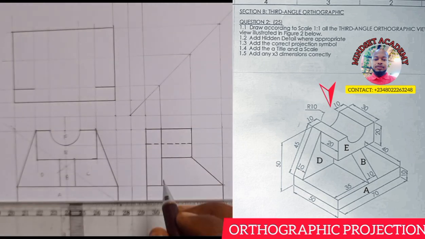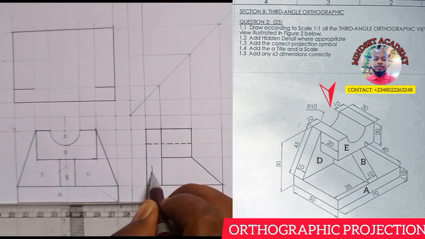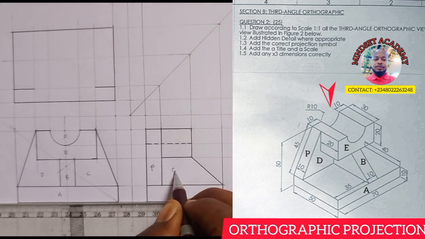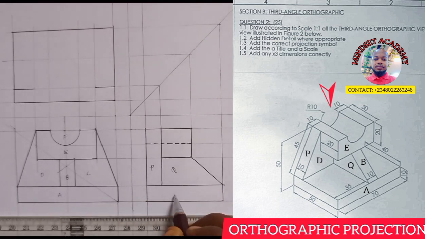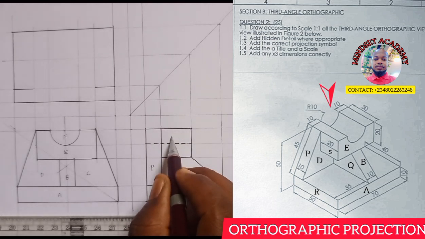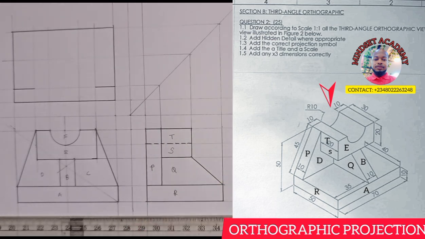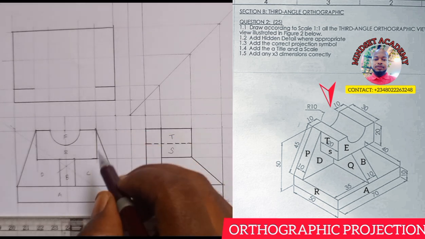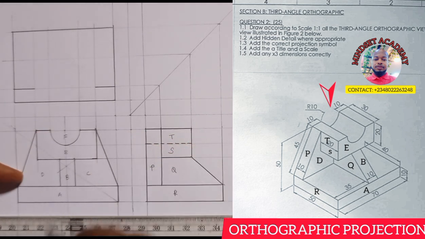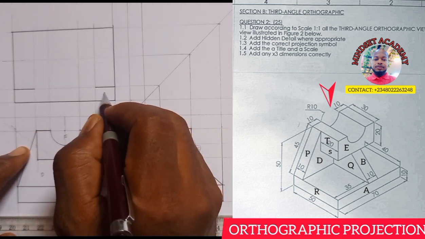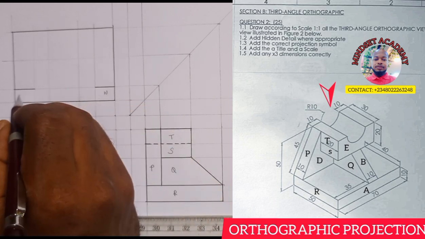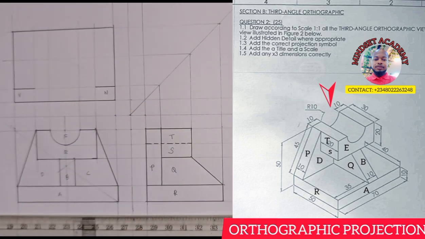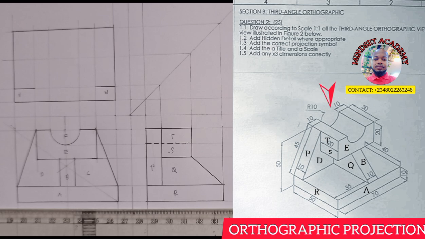meaning that this part you're seeing here, let me call it P. Let me call it Q. That is the Q you're seeing. This is the arrow that you're seeing. Then that main figure is X. The hidden line, let me call it T altogether. So the P you're seeing here is these two inclined lines. And those two inclined lines, let's just call them W and V. So I will just do the needful and